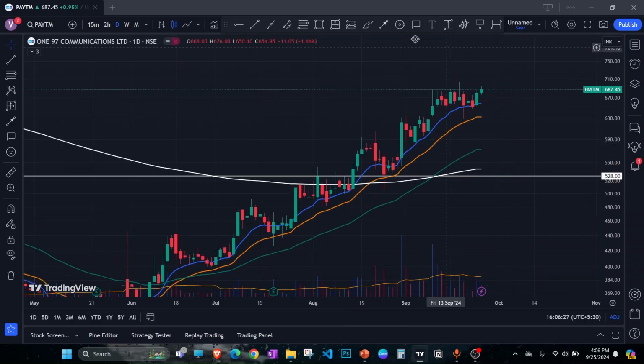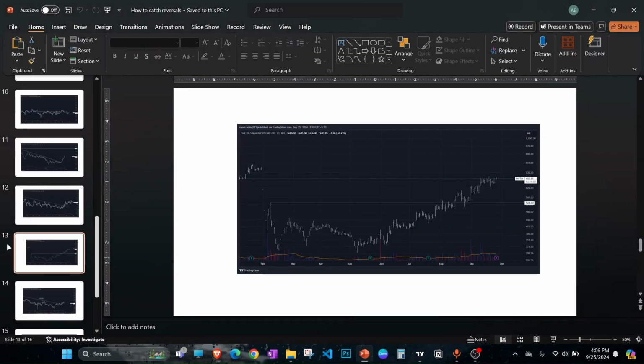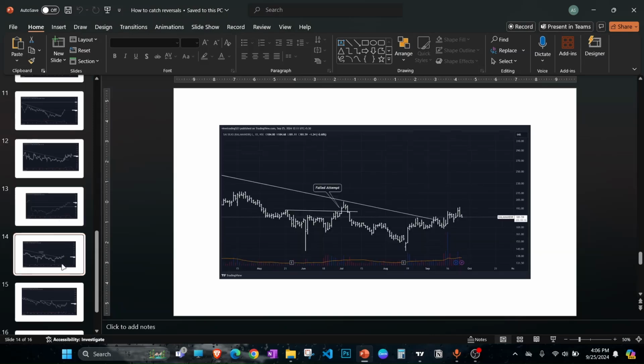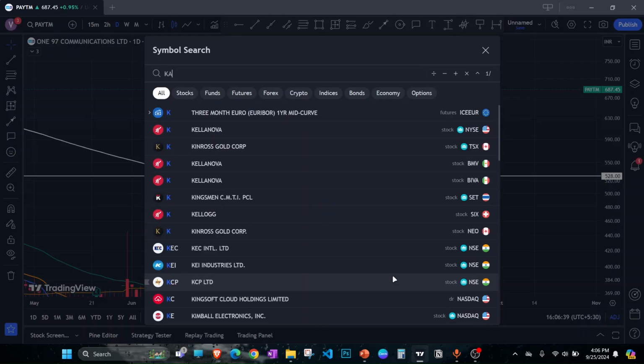Since then, just look at how beautifully it moved up once it crossed that particular level, a 30% move from that point. So it's not like the reversal won't make you any money. It's kind of difficult, because again, if you see another example of failure here,